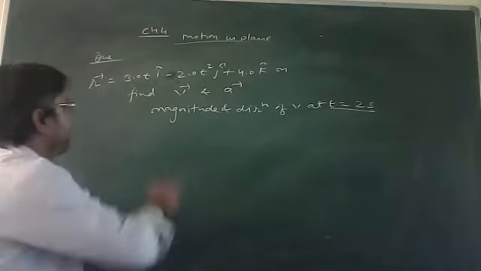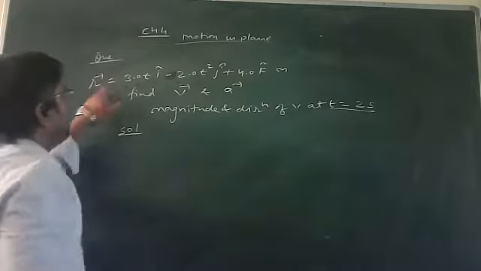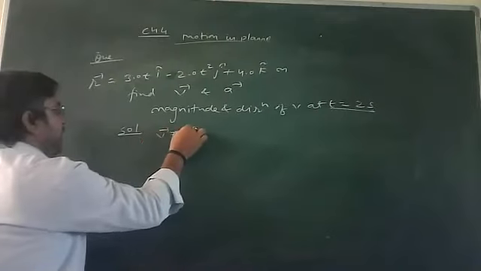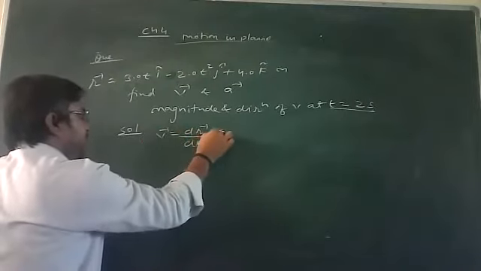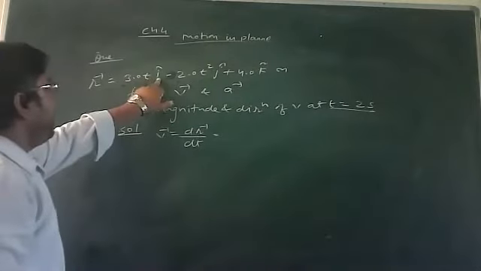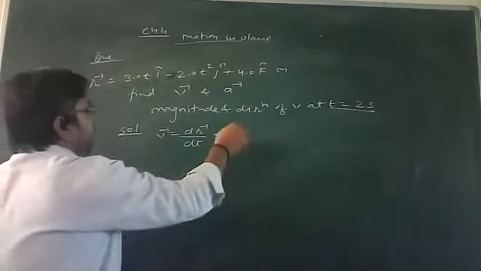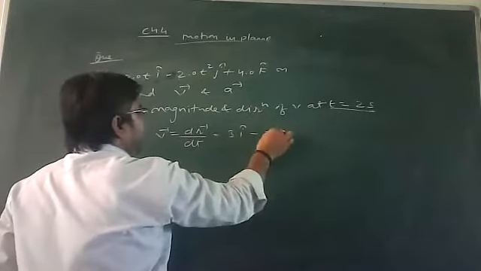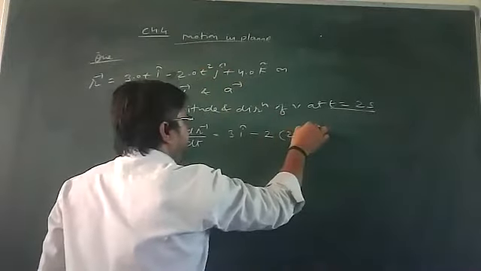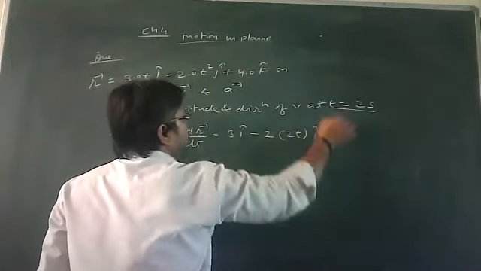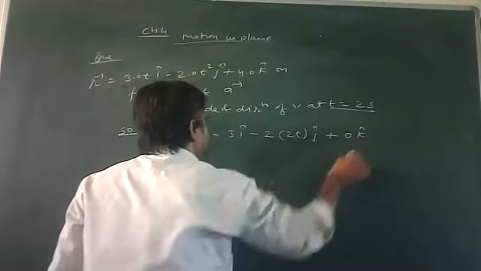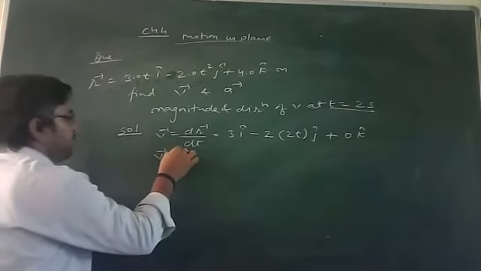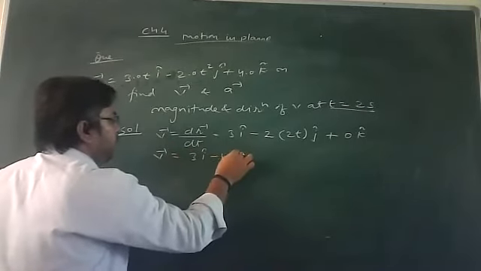See the question here. How are you going to sort it out? The position vector is given to you. You have to find the velocity, so differentiate it. v vector is equal to dr vector divided by dt. Differentiating, 3t gives 3, and i cap is as it is. The minus sign carries forward, 2 is as it is, and the differential of t square is 2t, with j cap. And 4 gives 0, so 0 k cap. The expression of velocity is 3 i cap minus 4t j cap.